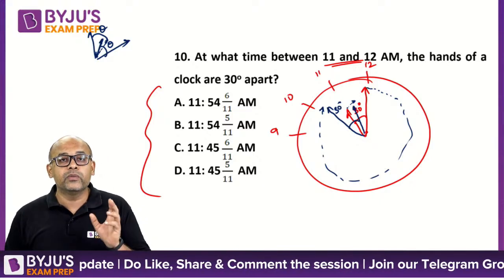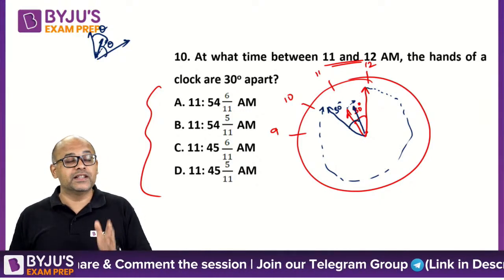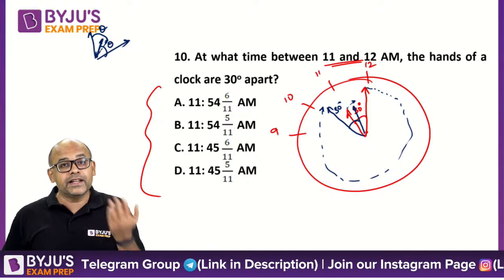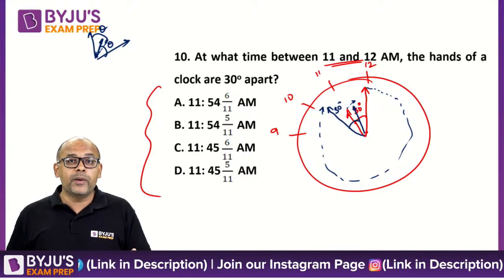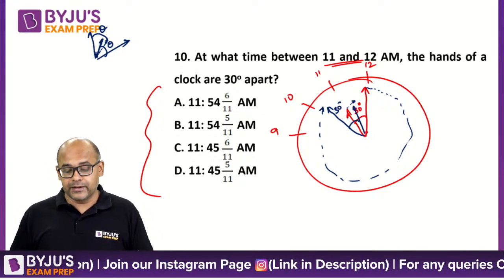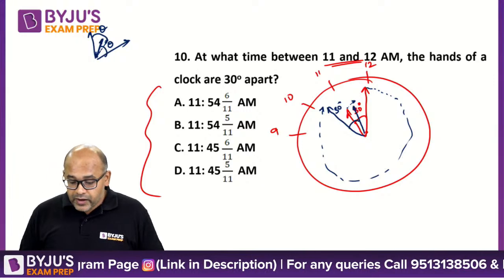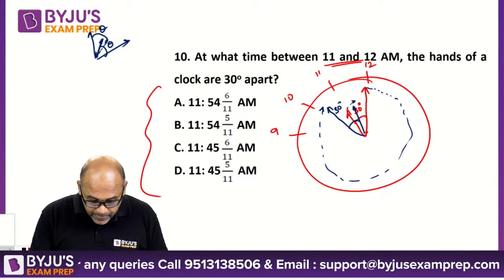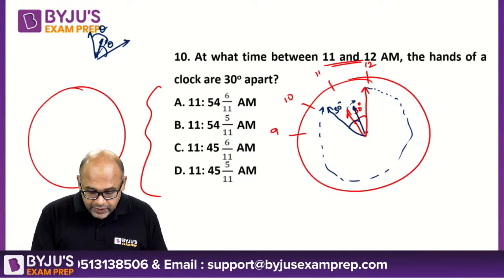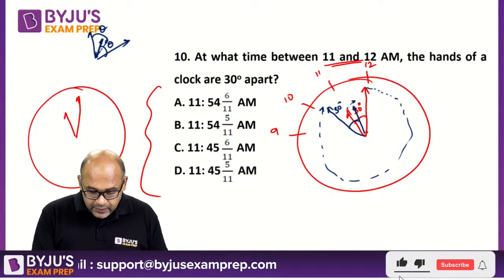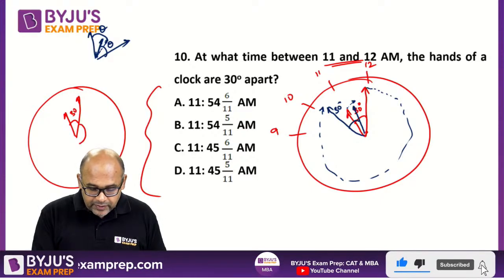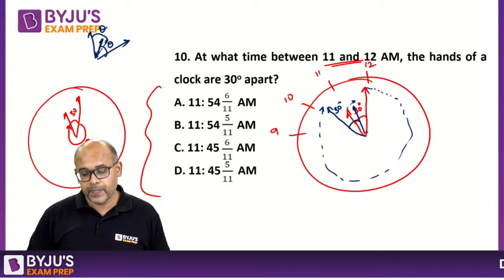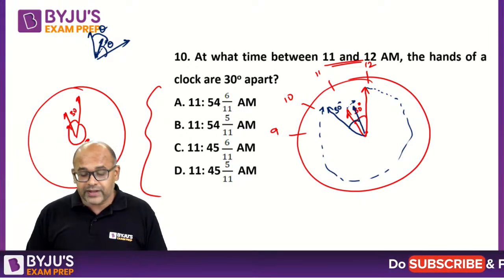So within 60 minutes, every angle will be getting formed twice. Here we saw, starting itself is 30, there will be one more 30 formed after some time. How much time is it? So look at the question. When we are looking at this angle, originally if I draw it in red, the starting point, this angle was 30, which means the reflex angle here is how much? 330 degrees.